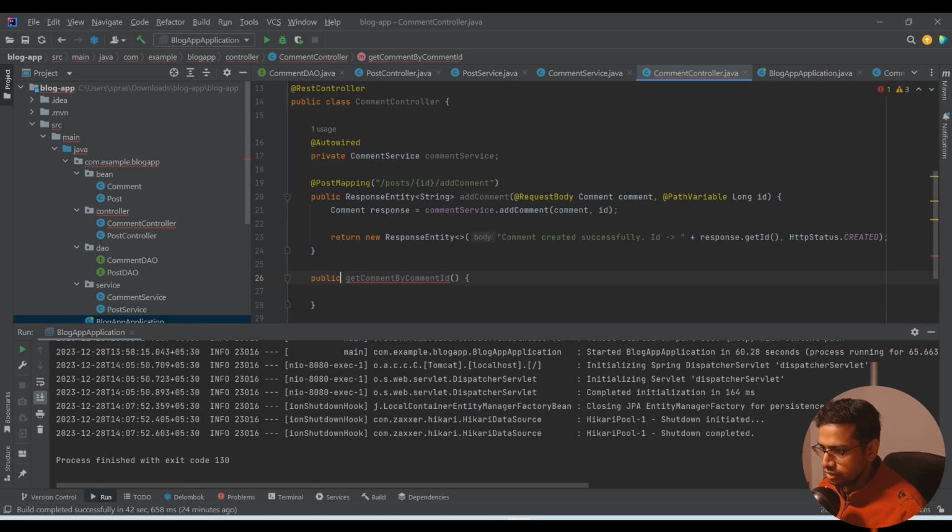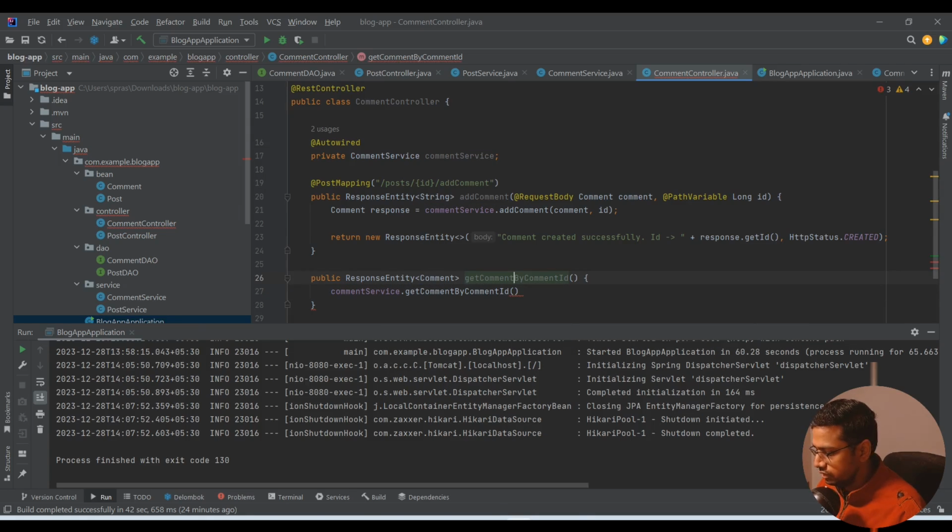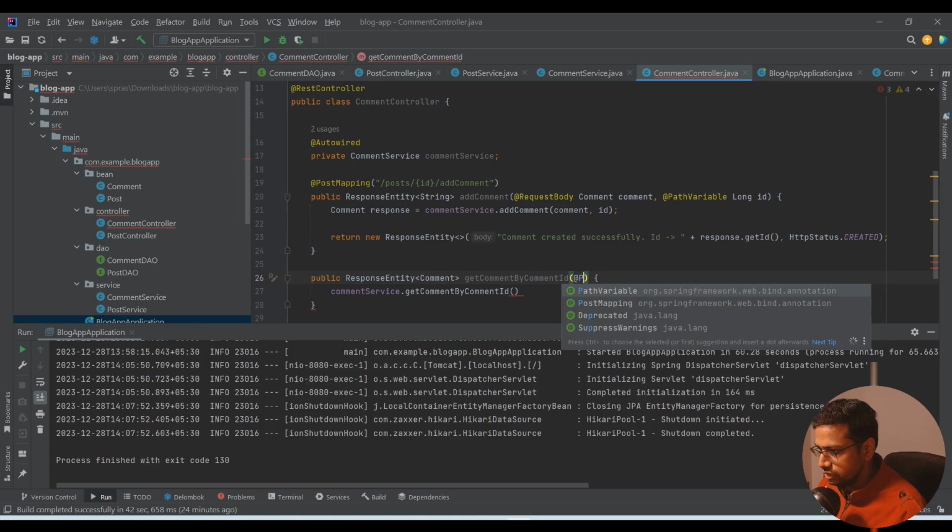So this is going to return the response entity, but this is not going to return the string. This is going to return comment. All right, so comment service dot get comment. So here we just need the comment ID. So this we will get through path variable